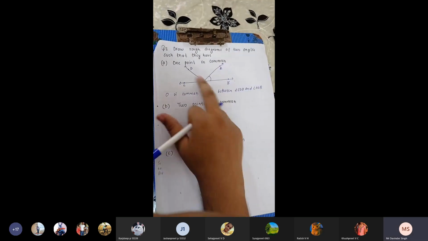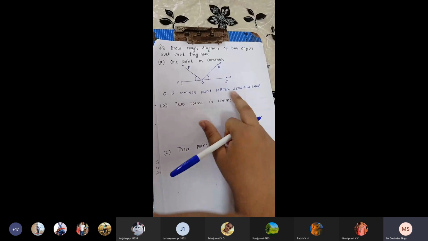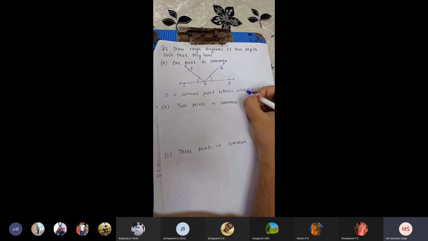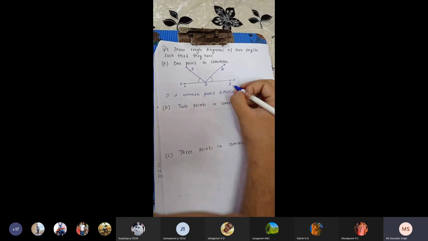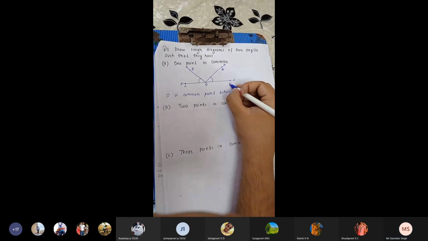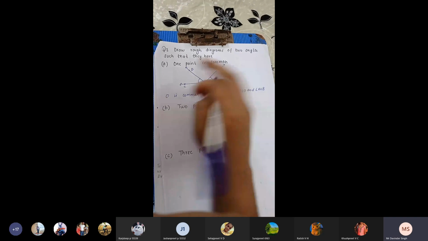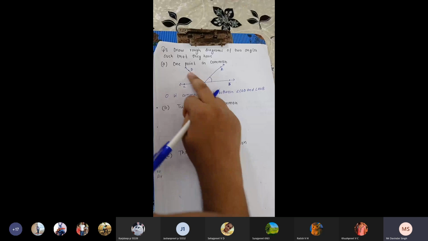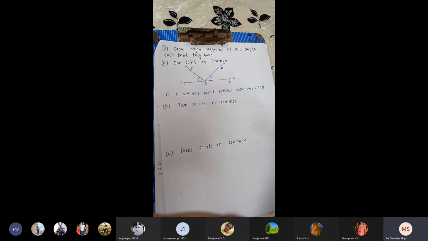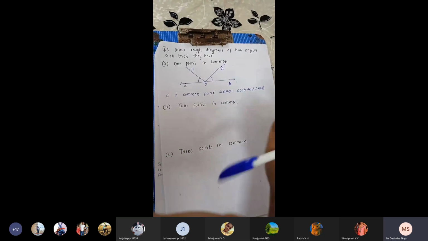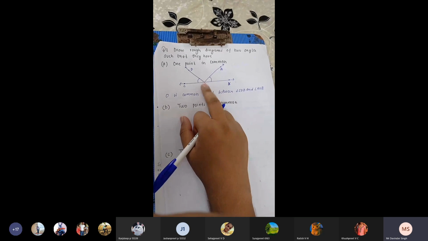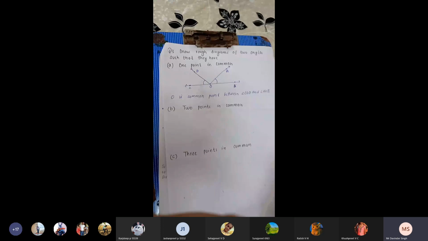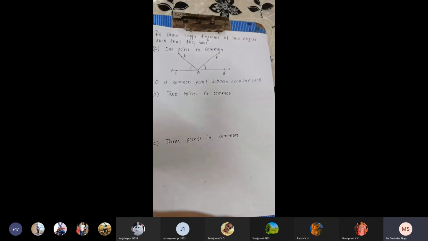Okay, COD, AOD. You can write it in any manner. I'm writing COD, and sorry, it will be COD. It is B. I cannot repeat the letters because I have used D here, so it will be B. So AOB and COD. You can draw any diagram of your choice also, but there should be only one point common here. Here you can see only O is common, because in the question it is asked that we have to draw the figure like this.